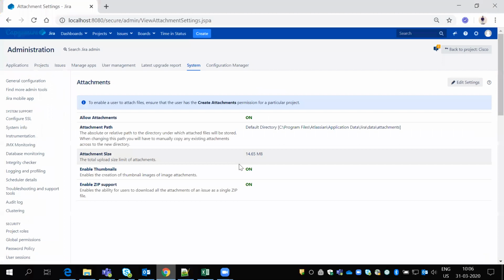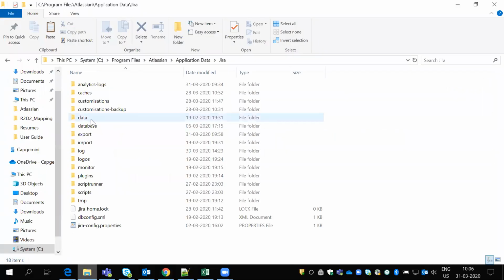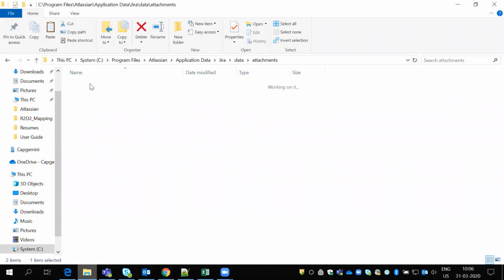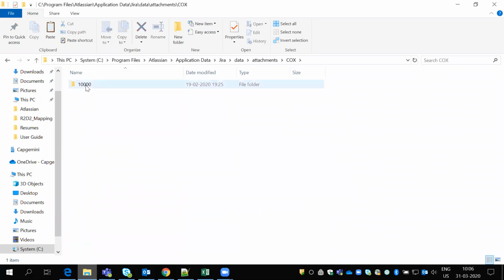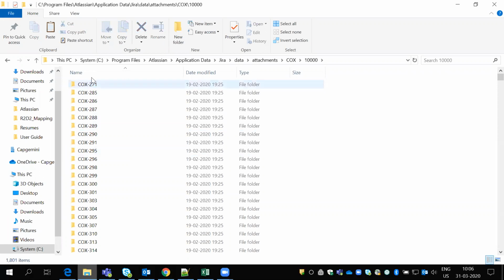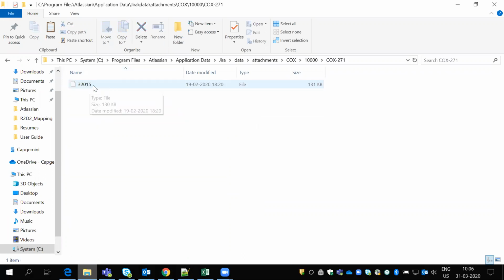If you click on attachments, this is the directory where attachments are stored: program files, Atlassian, application data, Jira, data, attachments. In the data folder they have attachments, and if you open projects, for example the Cox project, here are the issue types and issue keys. If I open Cox 271, the attachment is attached there.